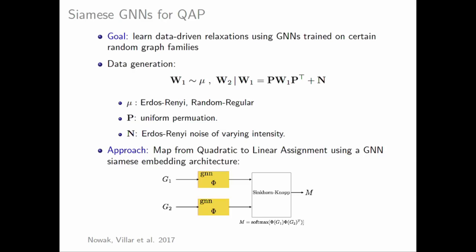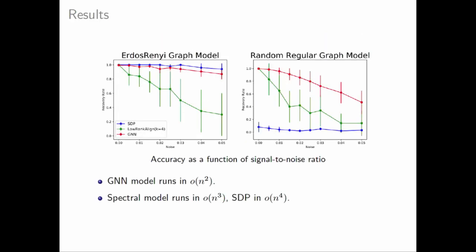And so we can do that by essentially unrolling the Sinkhorn algorithm. What it tries to do is transform the Gram matrix of the features into a permutation matrix by applying a softmax along rows and columns. And so this architecture can now be trained end-to-end on this random graph family. And what we obtain is